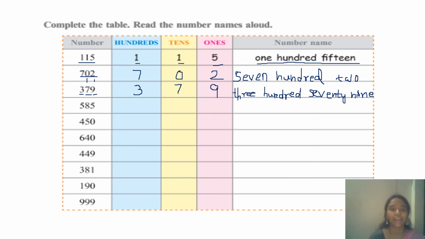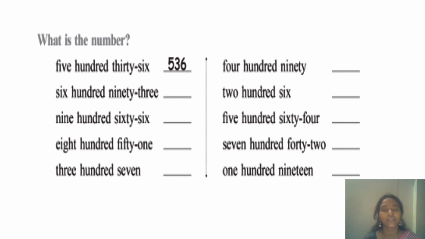379. Like this, do the remaining sums, and let me remind you, if you write in small letters, this place is sufficient for you to write. Okay, and I want everything with neat handwriting. Don't write big letters, write small letters. Under this, the number name is given for you. You have to write the number for this.